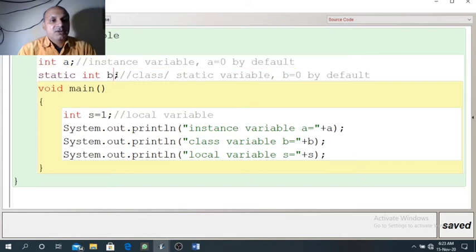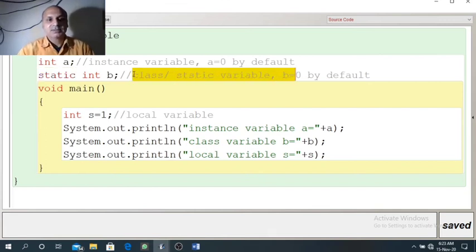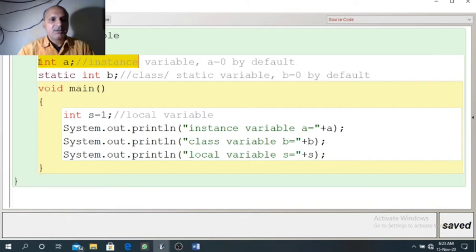So their place of declaration is same, but this static keyword is used before the declaration of static variables. Because of this static keyword, B has become class variable or static variable, and when static is not used, then A will behave as instance variable.